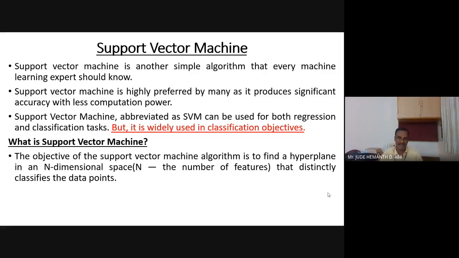Now in that graph sheet, what you are going to do is draw a hyperplane. A hyperplane is a structure which is always 1 dimension less than your total dimensions. Say, for example,